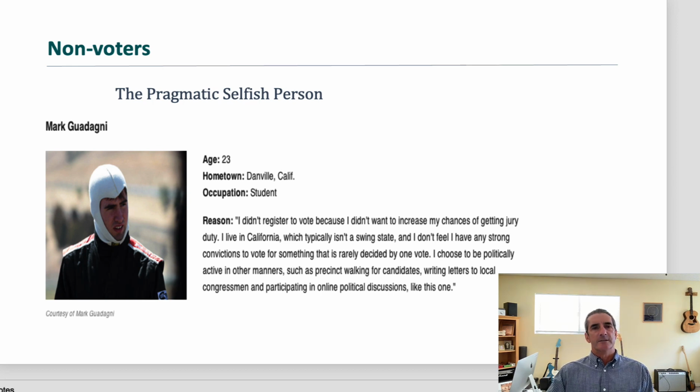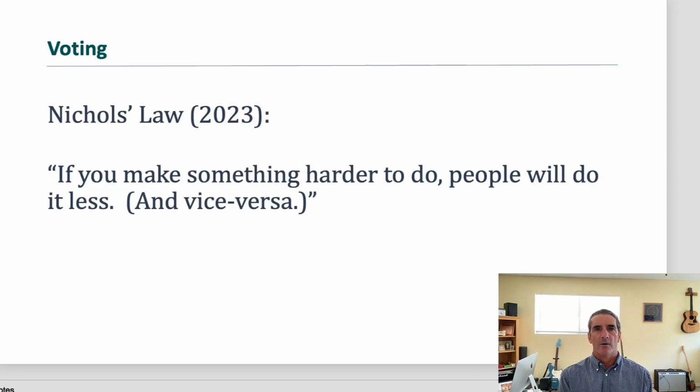I'm going to give a different reason for not voting, and that is we make it harder. Political science needs more laws. We've talked about Duverger's law, a single-member district plurality election rule. That is why we have a two-party system. Okay, so there's one. We need a second law. I think the more laws we have, the more of a science we'll feel like. So I'm offering now a new law, and I get to name it after myself since I came up with a law. That's how it works.